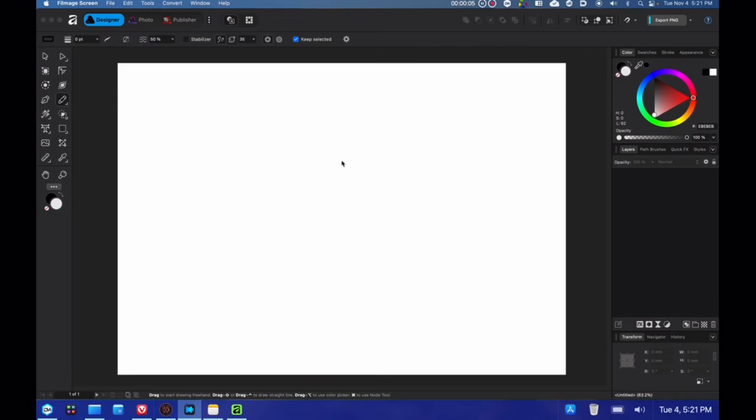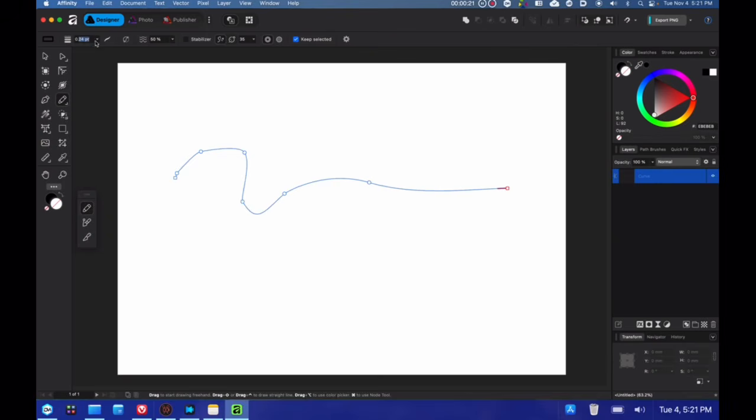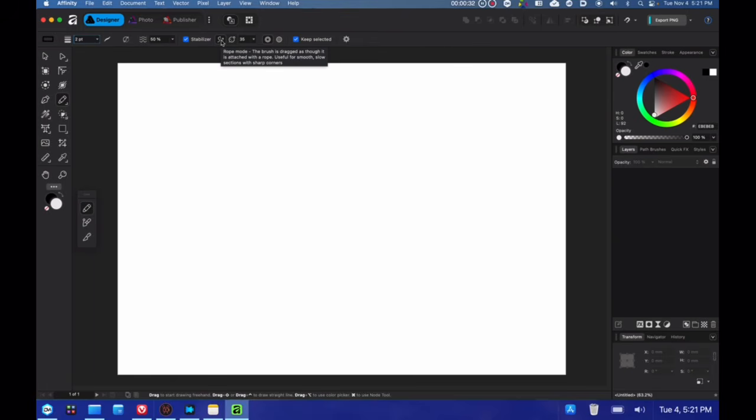Something that I really like in the pencil tool in Affinity is the stabilizer feature. Stabilizers is something I need. I need it! So if I draw, for example, I have a pretty shaky hand when I draw. Well, let's turn this size way up. Okay, but if I check off the stabilizer feature, I have two different stabilizers, rope and window mode. Now, I never use window. I always use rope. Alright, that was very unnecessary.